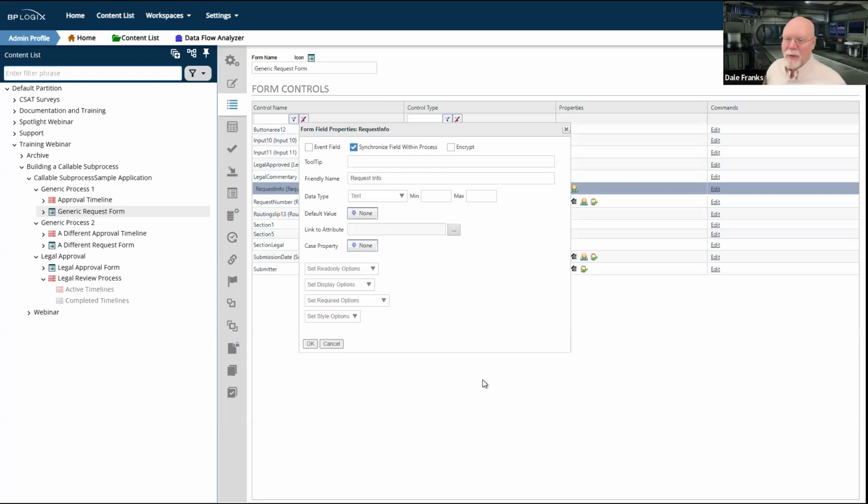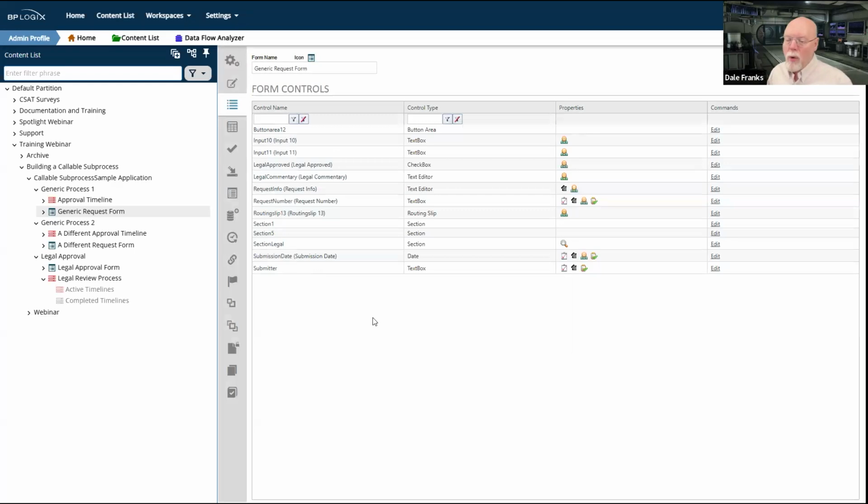Like, let's say I haven't even built a timeline and I build 2 different forms. They're not assigned to any timeline, and I start clicking synchronize field within process. Well, there's no way for me to fix that. So we don't vet this. You have to do that yourself and ensure that you select one and only one form field with this name in that process to ensure that it is properly replicated. Once you do that, though, this field will be replicated on every form automatically.